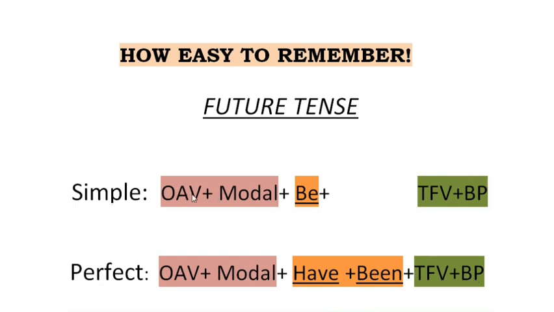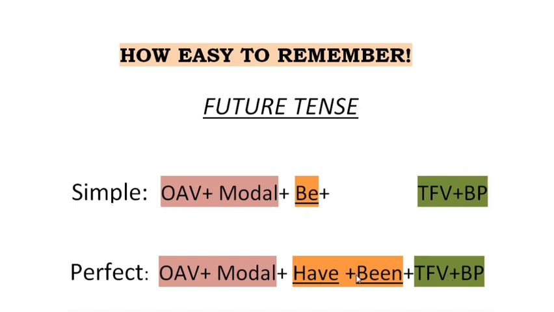See, first OAV plus modal in future simple, OAV plus modal. I have already told you, just in 1 minute you can remember all these rules. See how easily we can remember. First we use OAV plus modal in future simple. In future perfect, OAV plus modal first comes. Last comes TFV plus PP. In future simple, just one verb is used, as in the present tense is, am, or are. In past simple, was or were. The same one verb is used in future simple. This is be. Future perfect. OAV plus modal first, last TFV plus BP, in the middle